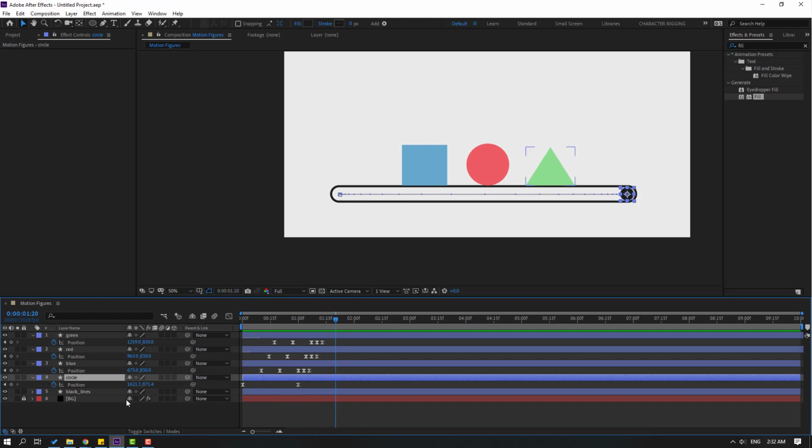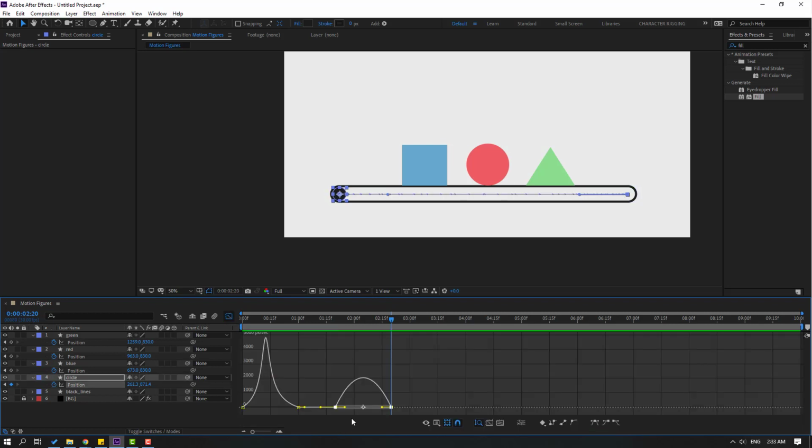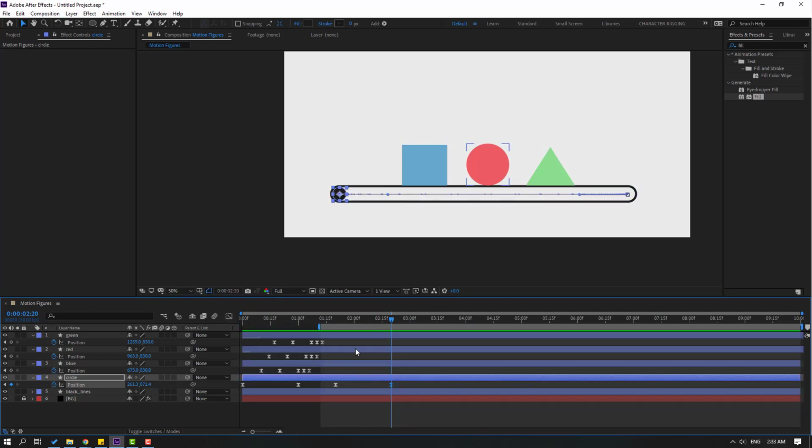So go to here and make a new position keyframe. Go to 5 keyframes and select the first keyframe, Ctrl C, Ctrl V. Let's see. Nice. Select keyframes, go to the graph editor, and let's make smooth keyframes again. Let's see. Nice. Back to keyframes, and in this time select these green keyframes, Ctrl C, and in this time